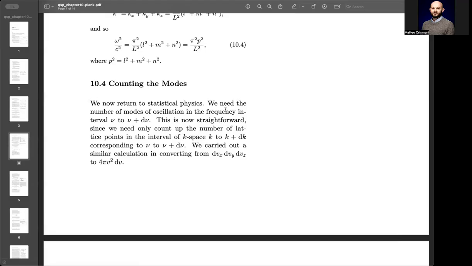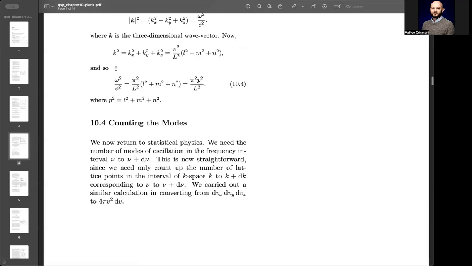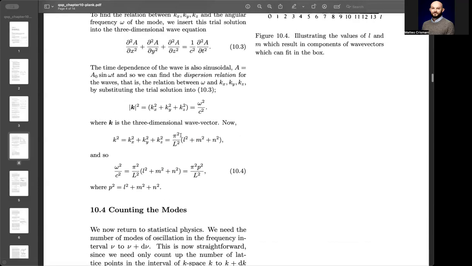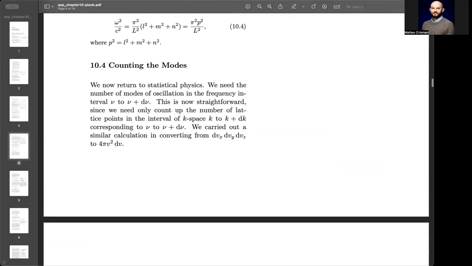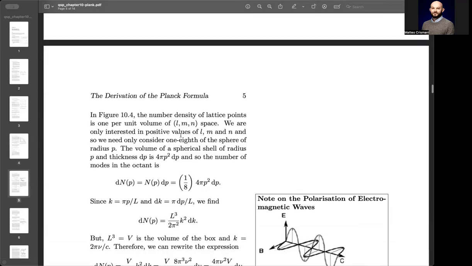For example, in this case, we're talking about the oscillation of a wave. We're not talking about the internal degrees of freedom of a gas, but you'll see how they're very similar. And all you're going to do here is think about some frequency range between nu and nu plus d nu. I can convert that very easily to k-space. And I have these beautiful equations here for the wave. And so I'm just going to think about how I can convert this into the number of states within some